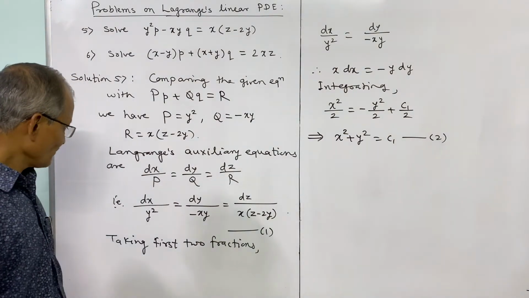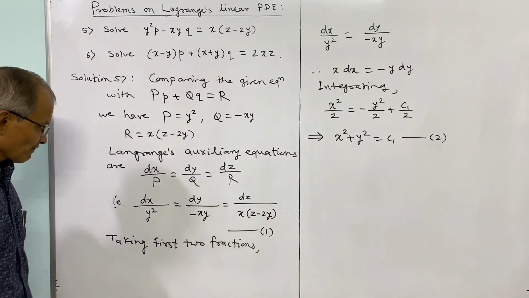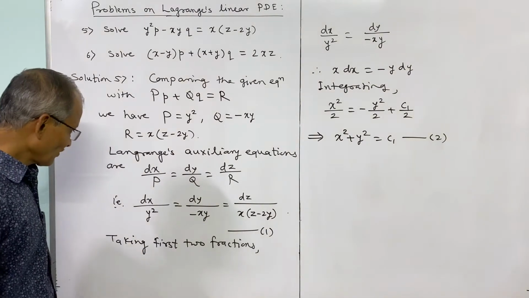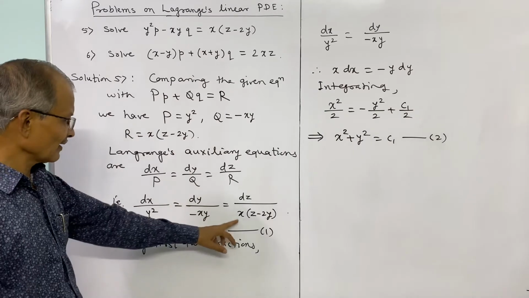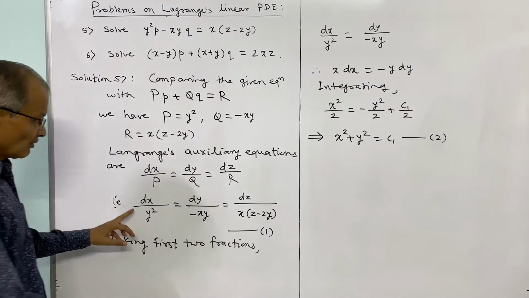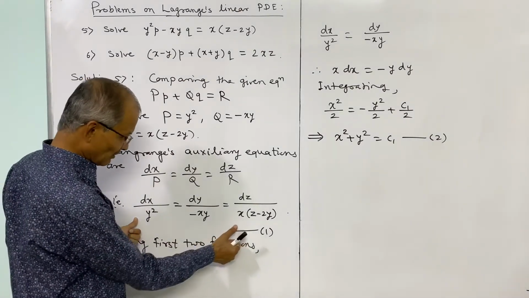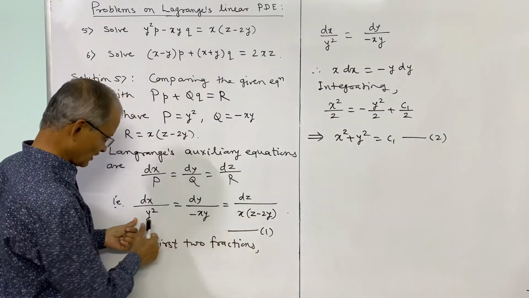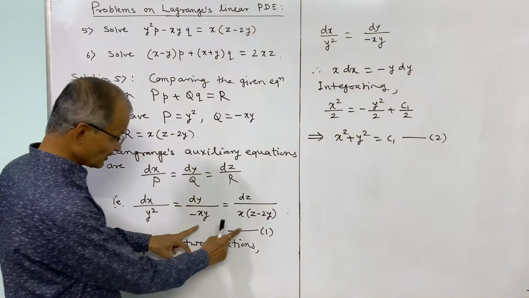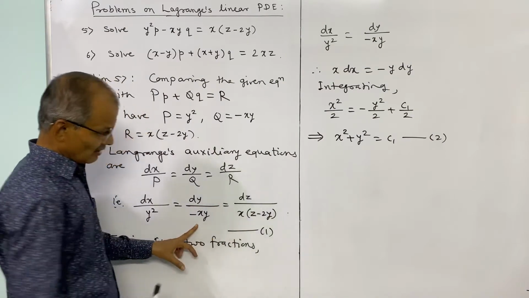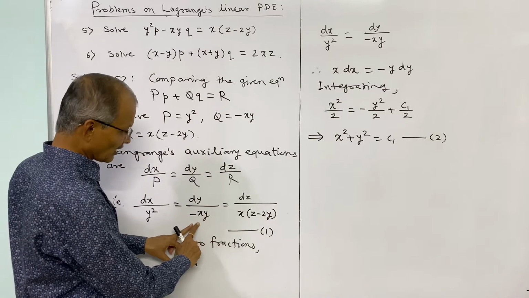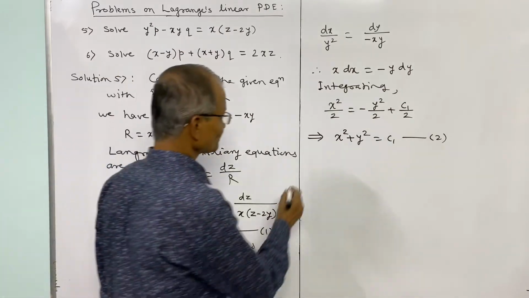So this is one equation that we have obtained, and now one more independent solution we have to obtain from 1. Now we think about which ratios can be taken. Whether first and second and third, or first and third can be taken together. If we consider first and third, here we can't cancel this term. Here is no term of y, here it is only the term of y square. But if you see the second and third fraction, then x can be cancelled. So we take the second and third fraction.